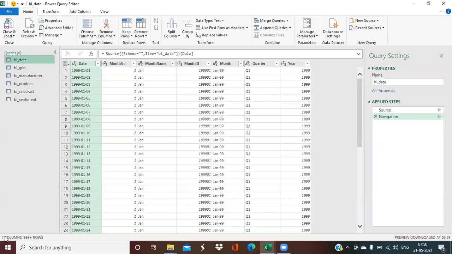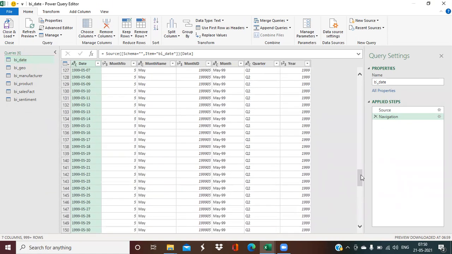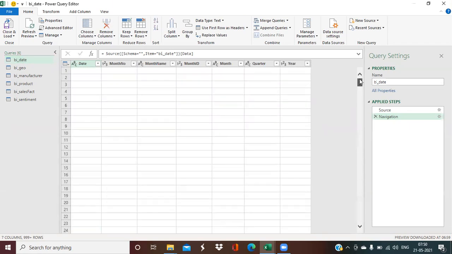Okay, so you can see here, whenever you click any data, any table, it gives you a description here of how many columns are there in the table: 7 columns, and there are more than 999 plus rows. Okay, so if it is giving you a brief demo of your records here, you need to load more. You can go down, and it will continue to load more.